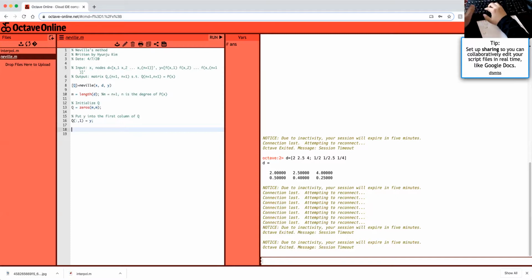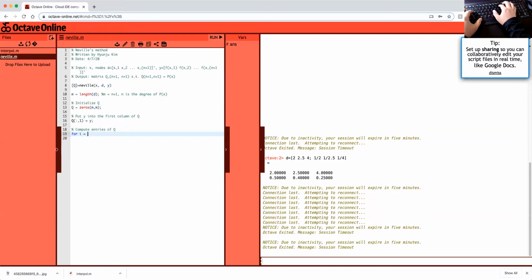We're gonna calculate the entry in the matrix Q. Okay. So let's see, now compute entry of Q. So for i is equal to 1 to n plus 1, which is m, and then for j is equal to 1 to i, Q i comma j is equal to